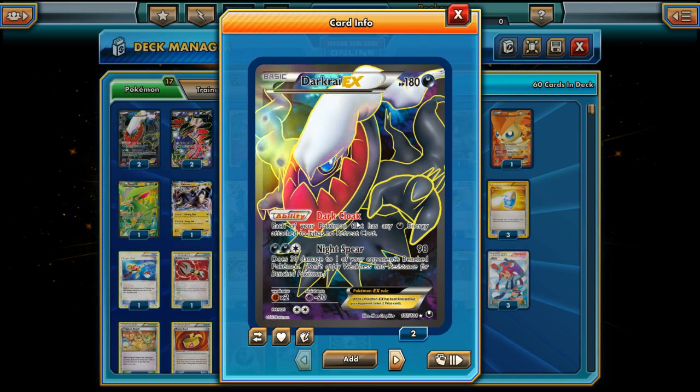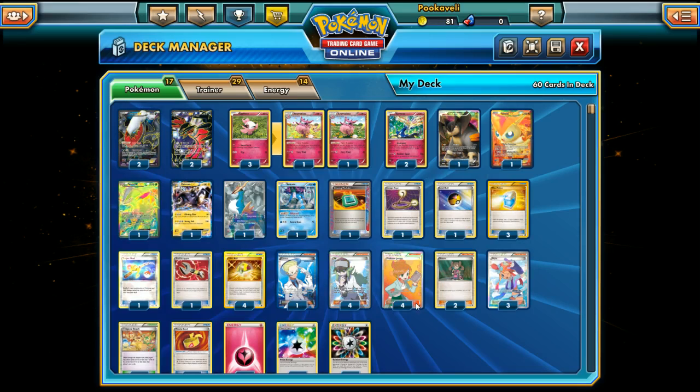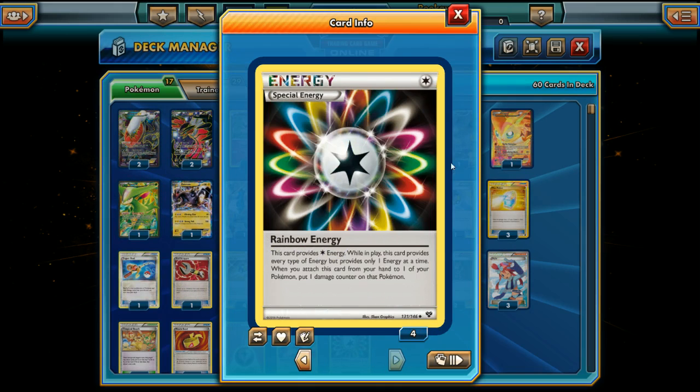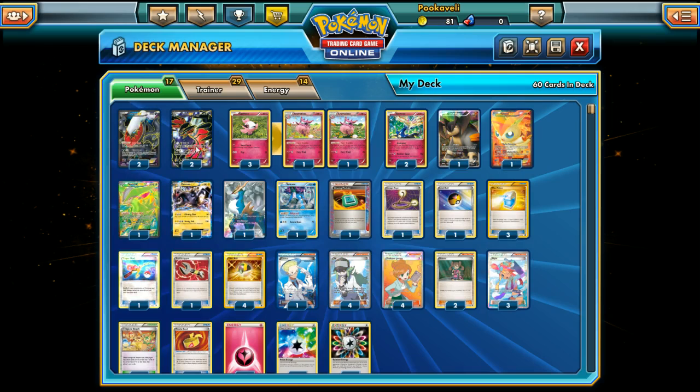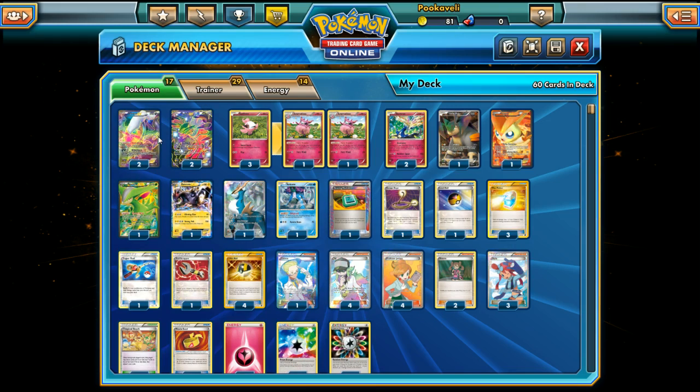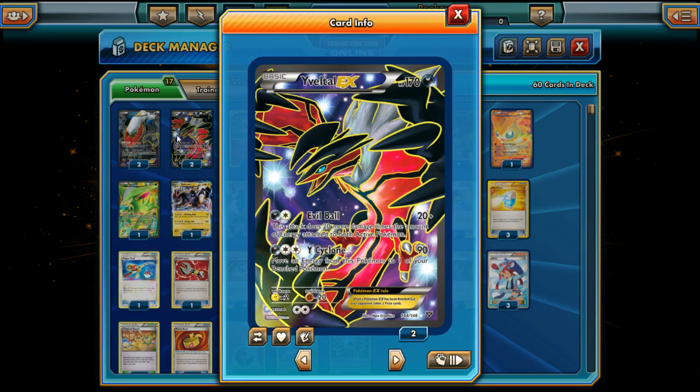If you think back to what made those Klinklang and Hydreigon decks successful, it's the fact that Darkrai EX gives everything in your deck free retreat. And that's going to be the case once again, since if you have a Rainbow Energy or a Prism Energy, you can just get free retreat on all of your Pokemon. Aromatisse can move the energy to your active, and then you can retreat to whatever Pokemon you need. Plus, Darkrai is a pretty decent attacker, but nowhere near as good as